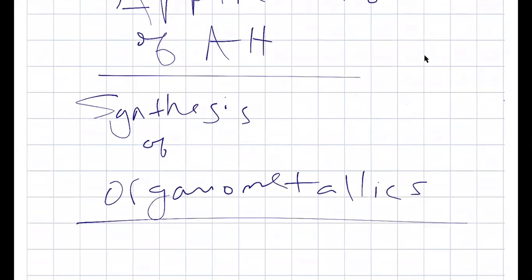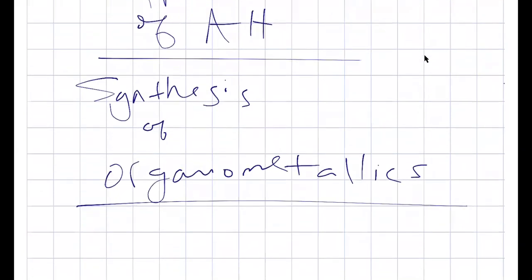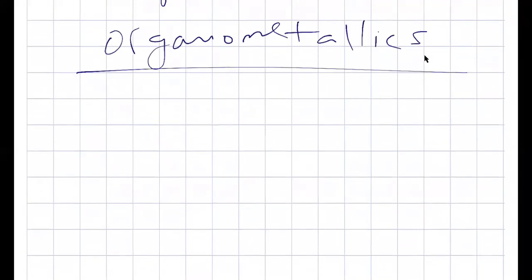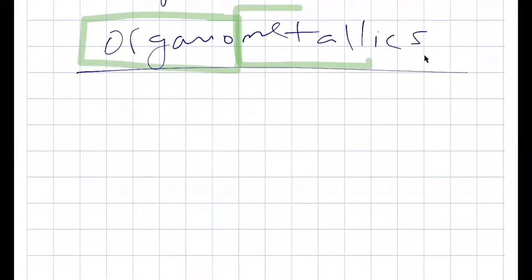That's one of the major uses of alcoholides. All right. So what is an organometallic? Right, the name is kind of indicative of what you're talking about. You have an organic part and you have a metal part, right? So an organometallic is really a compound